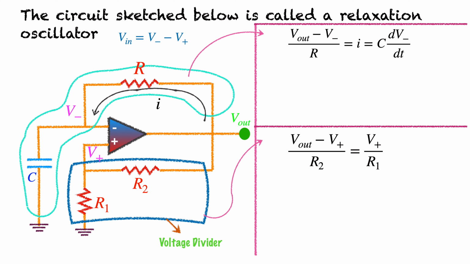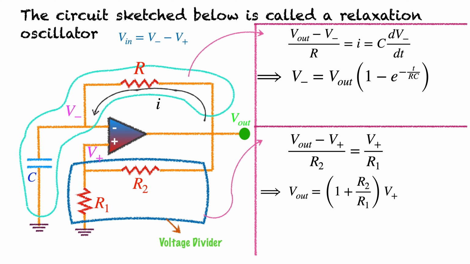So come to the first, the RC circuit. Here you can see there is a positive potential at the output end. So the potential at the inverting terminal becomes V output times (1 minus e to the power minus t by RC). So the potential at the inverting terminal will gradually increase and it should increase up to V output, but this will never happen, rather it will reach only up to beta V output. What is this beta? For this you need to calculate the voltage divider part, and V plus equals beta V output, where beta is R1 upon R1 plus R2.